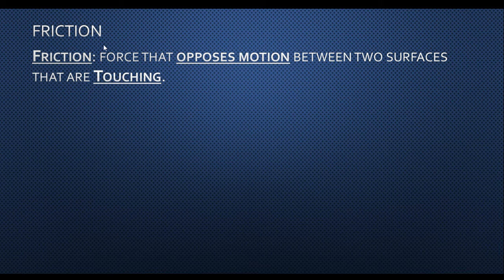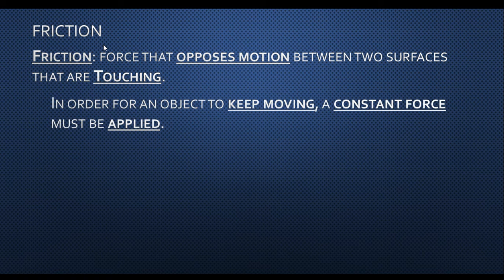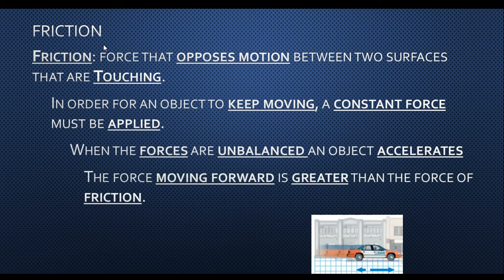Friction is a force that opposes motion between two surfaces that are touching. So it's resisting motion. In order for an object to keep moving, a constant force must be applied. Now, when forces are unbalanced, an object will accelerate, whether it's speeding up or slowing down. The force that's moving forward is greater than the force of friction. So in order to overcome the force of friction, the force that is moving it forward must be greater than